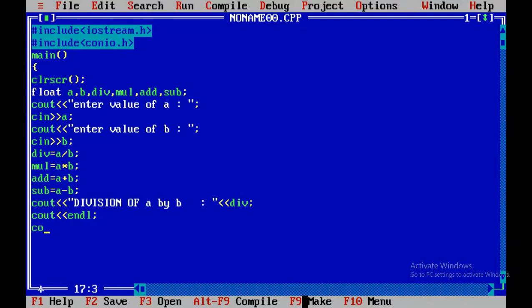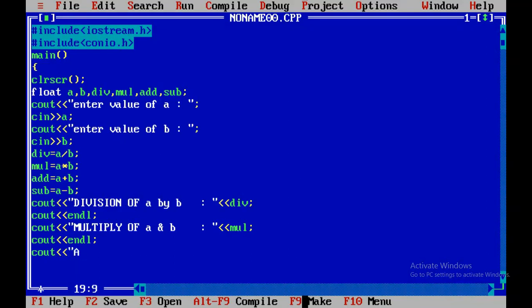So let me give cout, multiplication of a and b, then operator mul, terminator, then again cout endl, same, I want to give a line.